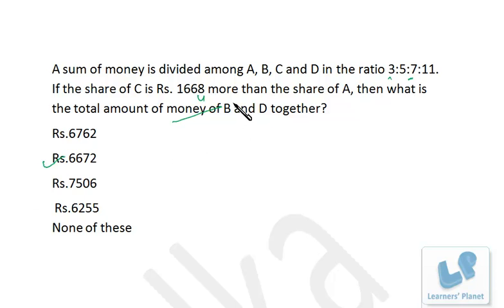Most of the students, what they do, first of all, they will calculate this 3x, 5x, 7x and 11x. Then they will calculate that 4x is this. Now after that they will calculate x. Then they will calculate 16x. So there will be unnecessary calculation. Since you know the 4 parts, you can calculate the 16 parts. That will be 4 times. As simple as that. And be fast in calculation as well, as I have done over here. Just try to get the approximate idea and mark the answer.